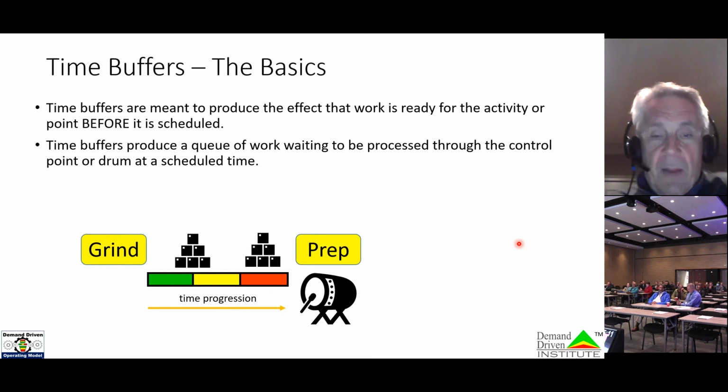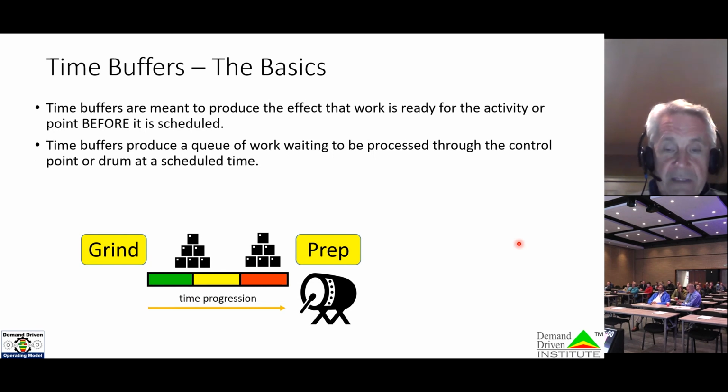So if we have properly timed or set up our time buffers, what we now have is a queue of work in process waiting for execution on the drum. We want to ensure that this time buffer is set appropriately to cover the variation upstream of that drum resource, but we don't want to excessively do this because then we will end up with too much work in process on the floor. The drum resource is going to be that signaling point because its schedule is going to determine the release schedule for material coming out onto the floor.